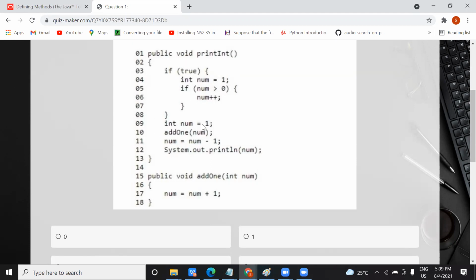Now it is again initializing num equal to 1 and passing 1 to the function add 1. This 1 will be initialized here, and num will become 2 again, right? So now num value is 2. Now the flow comes to the function again: 2 minus 1 becomes 1, and you print it.